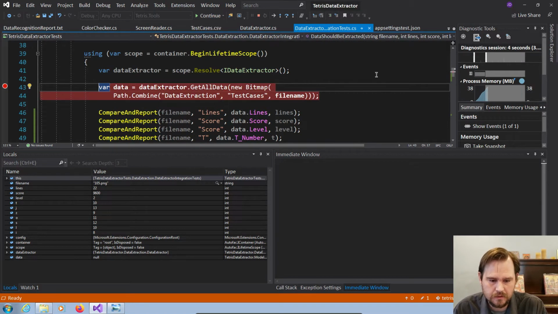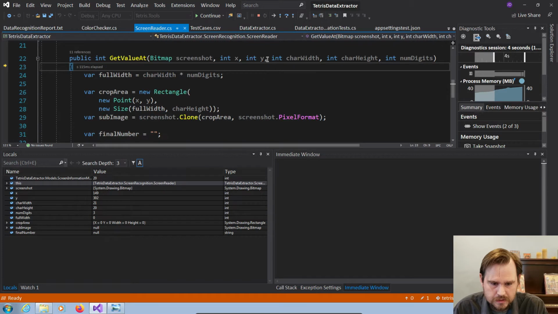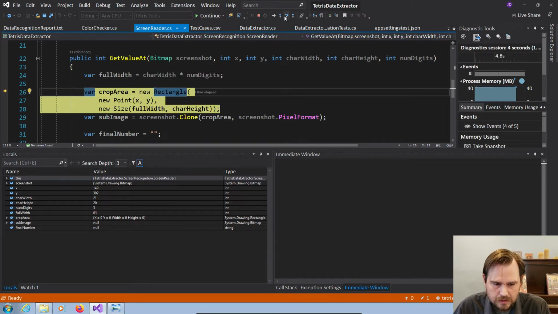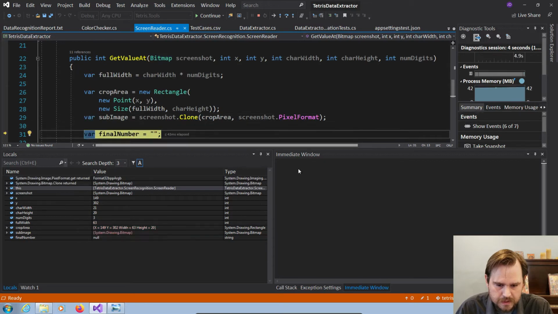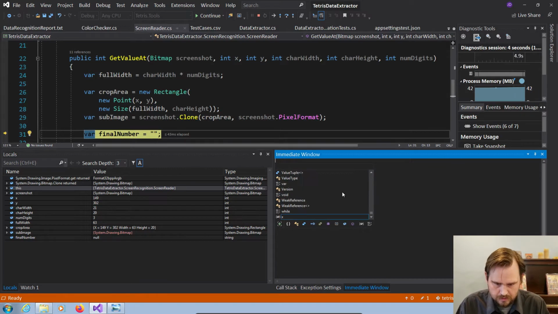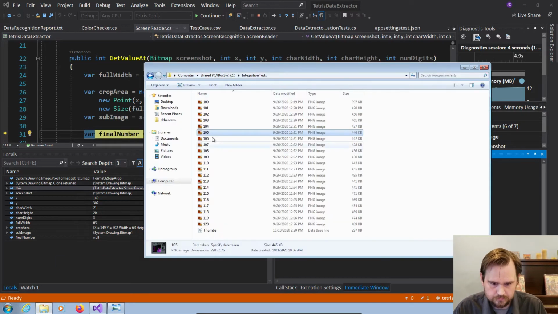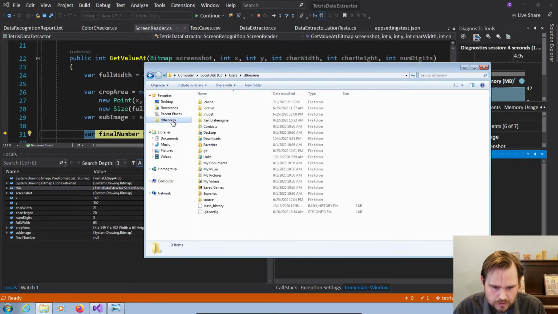Just hit continue here. There we go. So we've got the screenshot, we've got all this stuff, and now we're going to go into the Z piece, the crop area, and the sub image. So like before, we're going to take the sub image dot save. I don't think you could see that, but we're going to save it, and we're going to go into our